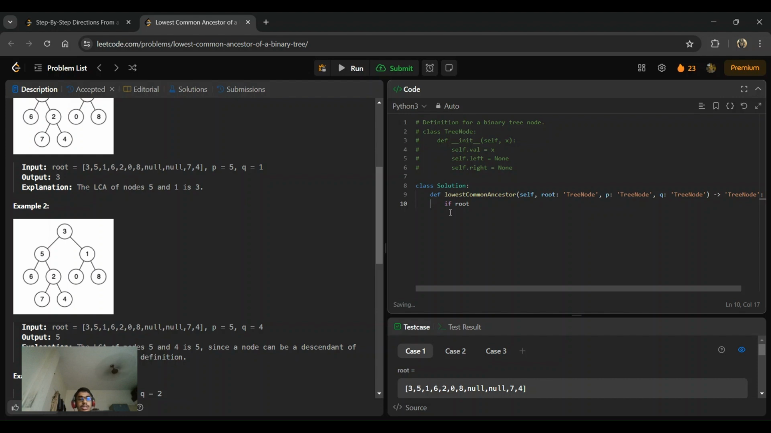Or else, if root is None or our p or q, if it's p or q, then we will just return the root. Okay, so now we will make a pointer left, which will traverse the left subtree. It has self because we have to make an instance of lowest